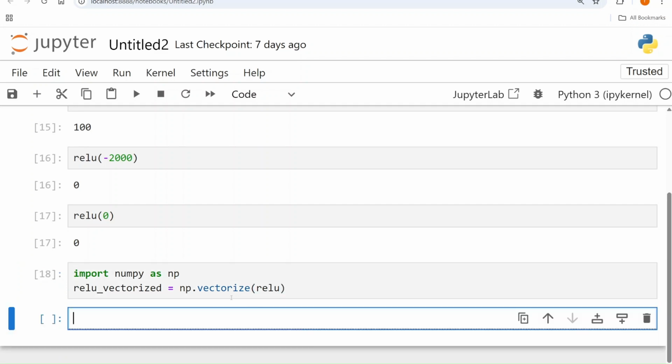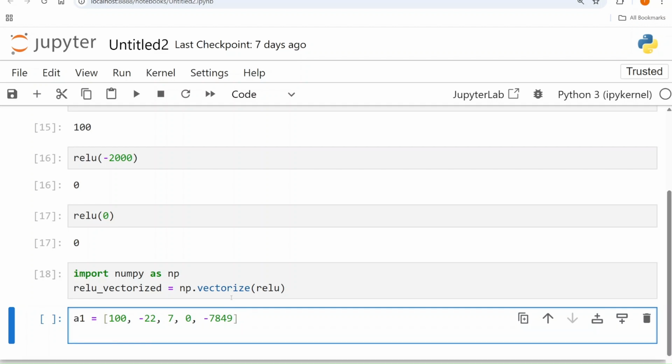Now I'm going to create a 1D array. So I'm calling this A1, and I'm just adding some random numbers over here. And I'm also creating a 2D array. So again, I'm adding some random numbers here.